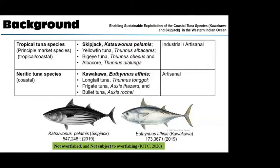The tuna species that we're studying are Skipjack, which is Katsuwonus pelamis, and Kawakawa, which is Euthynnus affinis. Skipjack is one of the tropical tuna species, one of the principal market species globally, and it's captured by industrial and artisanal fisheries, whereas Kawakawa is mainly exploited by artisanal fishers. The tonnage exploited in the Indian Ocean in 2019 was over 547,000 tons for Skipjack, whereas for affinis it was around 173,000 tons. Both species under IOTC are still healthy stocks and can be